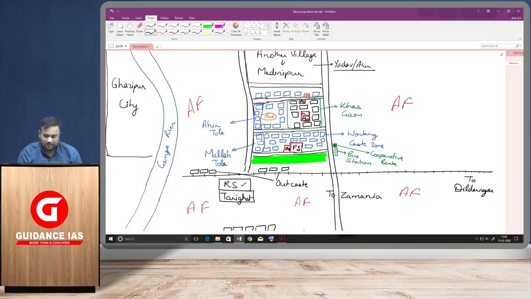Now a number of other new features have also emerged. For example, a new feature that has emerged at this point here: it often happens in villages that a Shivling emerges from below the ground, so here too one emerged, and there is a very famous